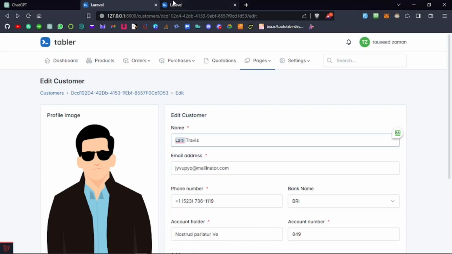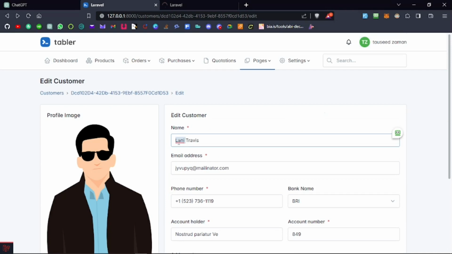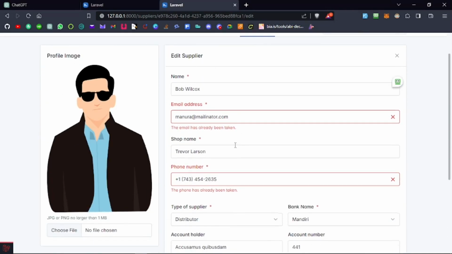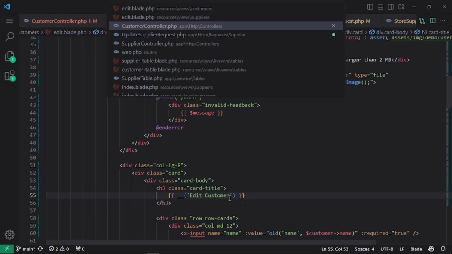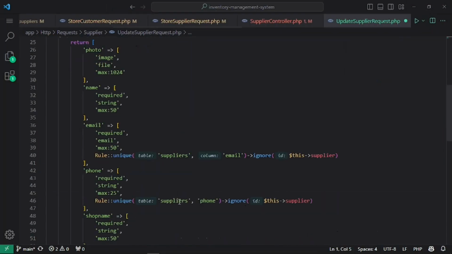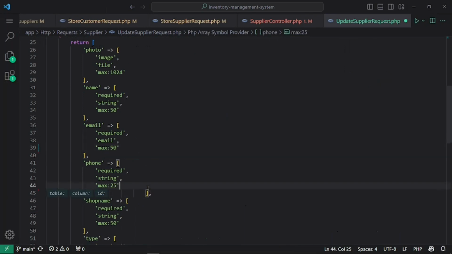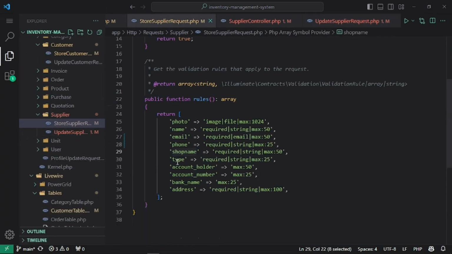Let's update the values. Let's say Bob, and submit this form, and change this to Joe and update this. Okay, we got an invalidation error: phone number already taken. I think we don't need to confirm that this should be unique, because if I want to add someone, and maybe for some reason I have to put duplicates in it, I'm gonna remove